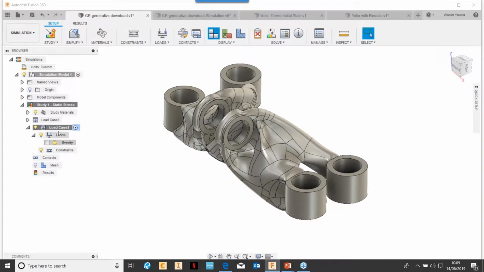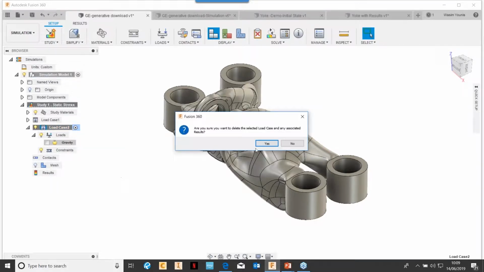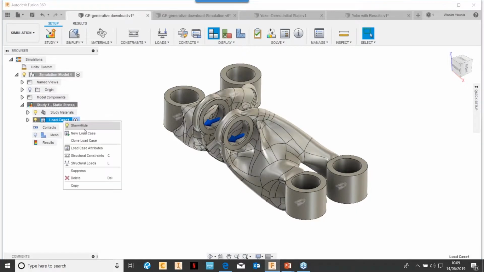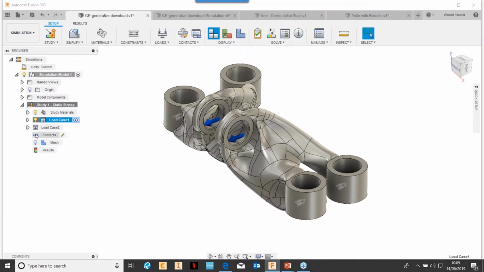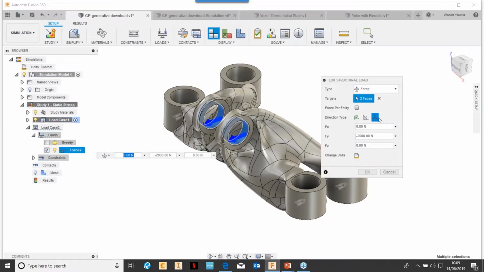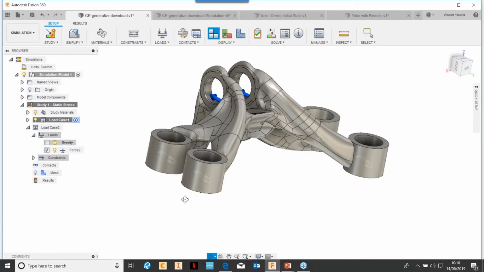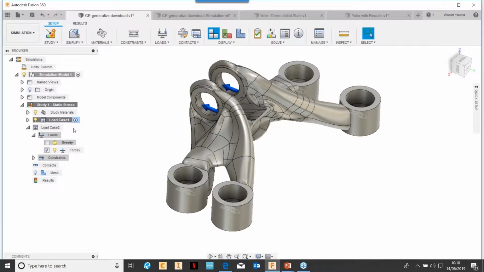I think, okay, let me just delete that one. I was meant to clone it, not create a new one. That's the one I was meant to use. And then it copies the load as well, so we're simply going to modify that and go in the Z direction. Okay, so we've got 2 load cases, so by highlighting it we can see load case 1 and